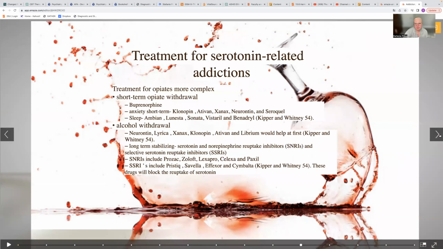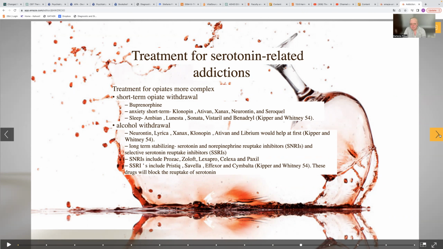Okay, so treatment for serotonin-related addictions. First, treatment for opiates is more complex. Short-term opiate withdrawal is usually buprenorphine. Anxiety, they'll treat like the symptoms, anxiety and sleep. So for anxiety, they might use Klonopin, Ativan, Xanax, Neurontin, or Seroquel. For short-term, for sleep, they might use Ambien, Lunesta, Sonata,